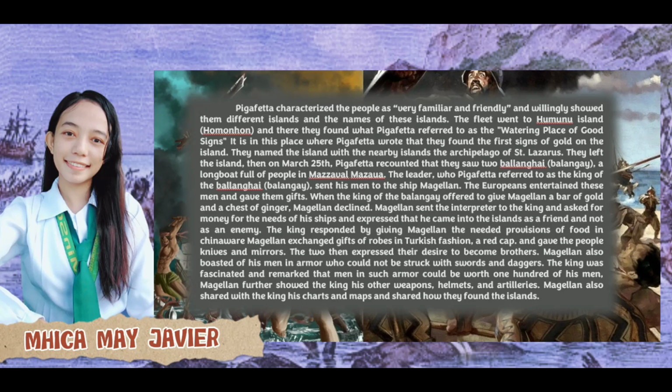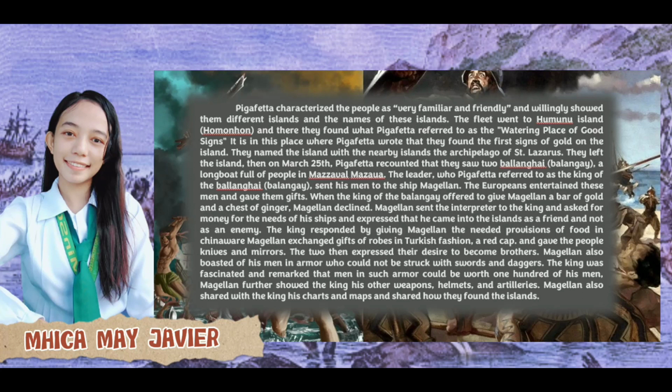They left the island. Then on March 25th, Pigafetta recounted that they saw two balanghay or balangay, a longboat full of people in Mazaua. The leader, who Pigafetta referred to as the king of the balangay, sent his men to the